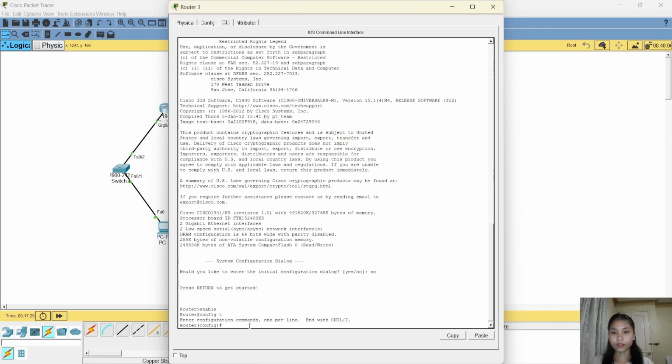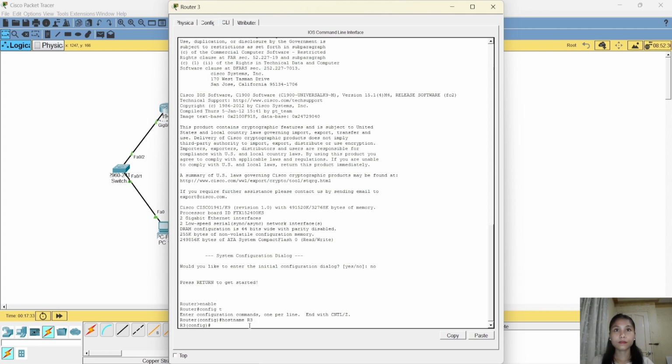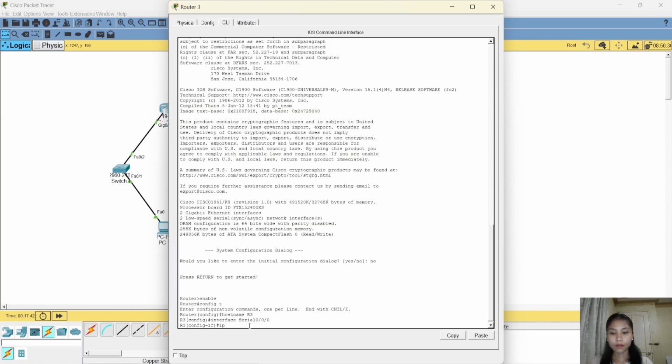Enable, configure terminal, and then hostname R3, and then interface serial 0/0/0, then IP address 10.130.192.2 255.255.192.0,